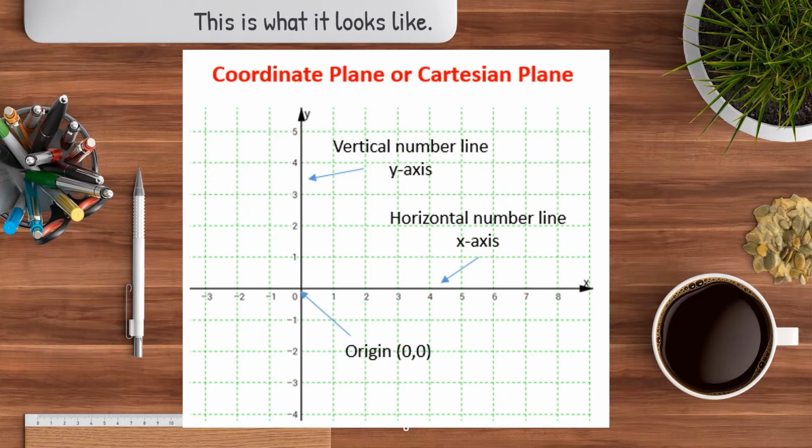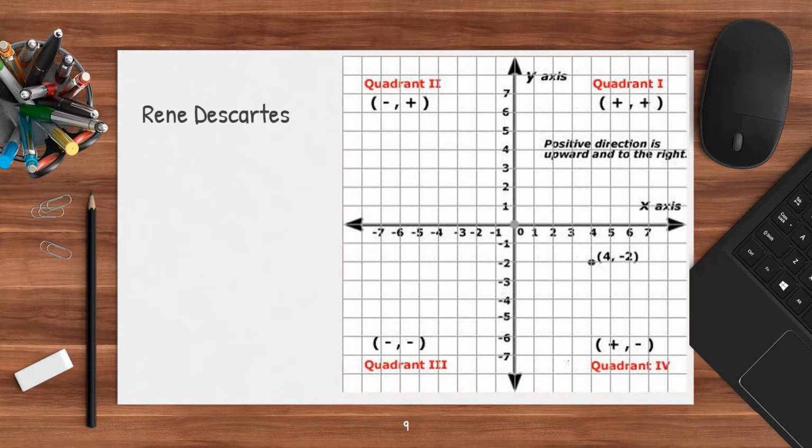Now this is what your coordinate plane or your Cartesian plane looks like. We have here the x-axis, your horizontal number line, and your y-axis, your vertical number line, and the intersection which has the coordinates of (0, 0), we call that origin. The idea of describing a point on the plane was systematized by René Descartes, a 17th century French mathematician and